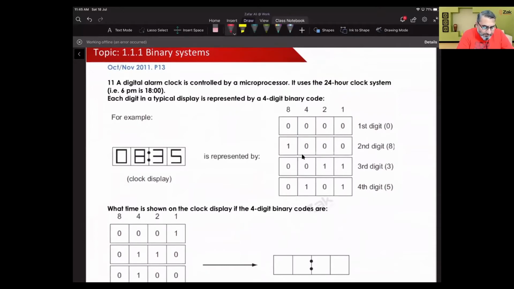A digital alarm clock is controlled by the microprocessor. It uses 24